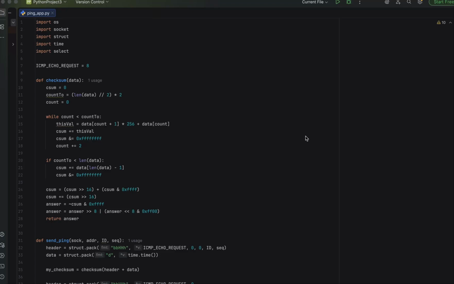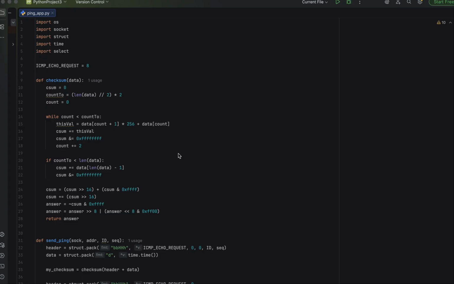In this video I'll demonstrate my networking task. This is based on simulating the ping utility, which is used to test the connectivity between devices over a network. The main function of this code is to send ICMP echo request packets to a host and receive echo reply packets in response. Here the user can enter the host name according to his wish, and also the number of pings. Now let's see the code.